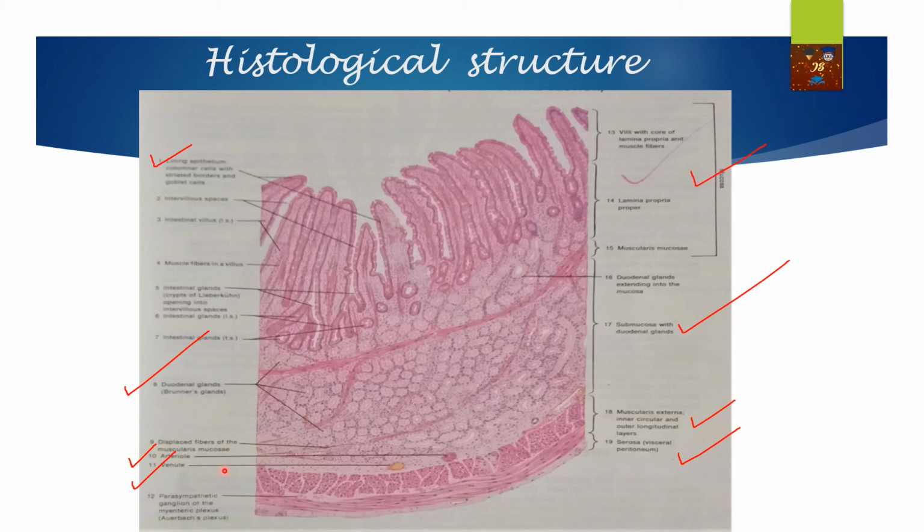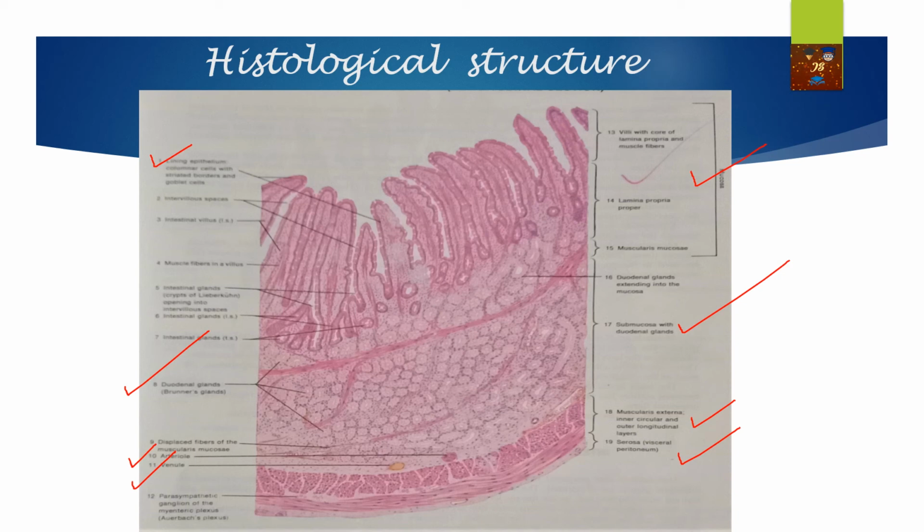Now I want to tell you something: you can see that some parts are marked here. When you are going to draw this structure in your laboratory notebook, just label these parts which are marked red, not the other parts. That means 1, 2, 3, 4, 5, 6, 7, 8. Because you have to identify, or label, only those parts which you are observing under the high power objective of the microscope. Okay, so this is the histological structure, and it is the longitudinal section,